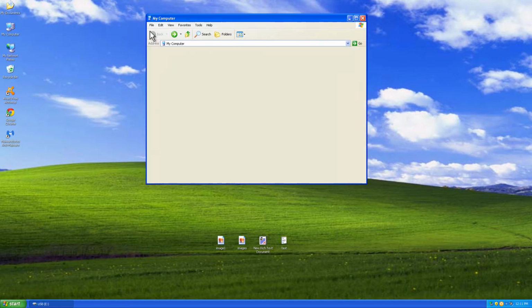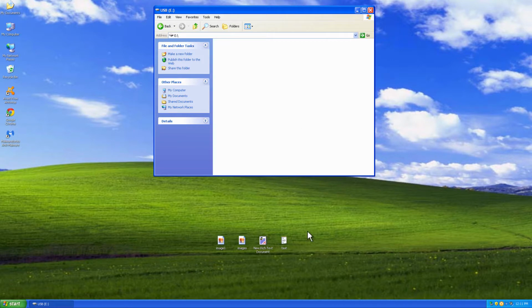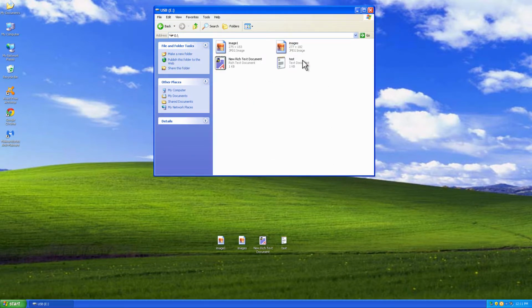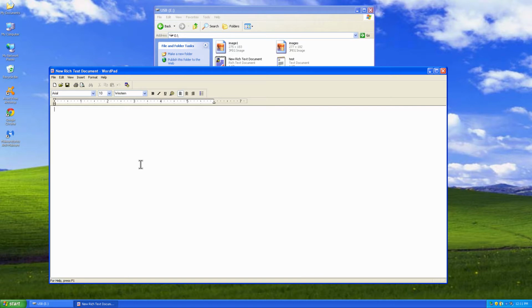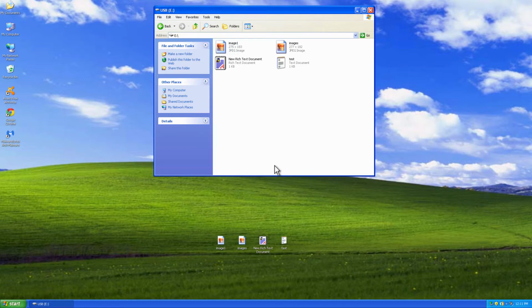Okay, now our USB drive is empty. So if we take these files and then we copy them here. Right, now we have identical files here and there. So now if we go into this one, text document, and we type test1 and we say save. Okay, now what will happen is